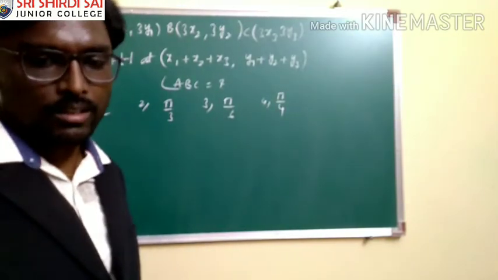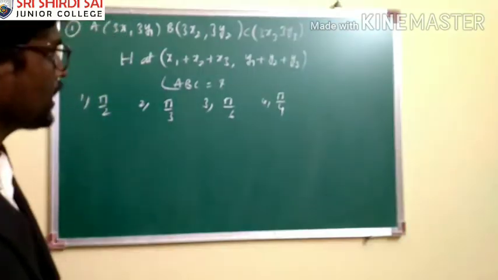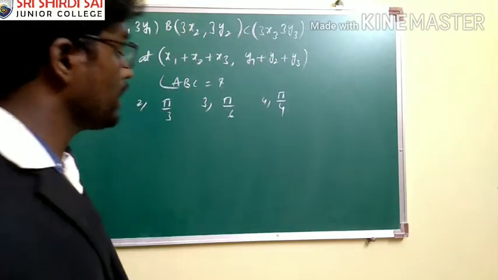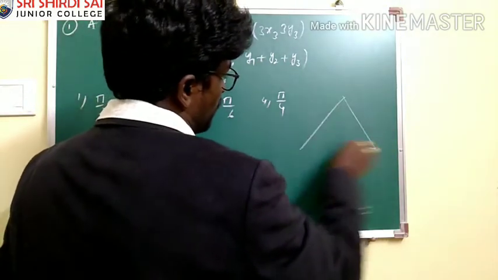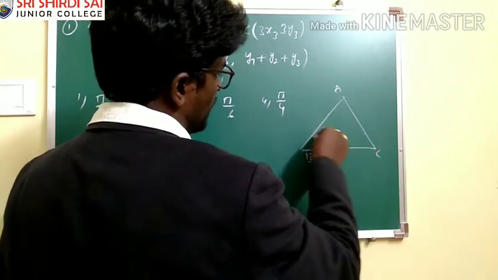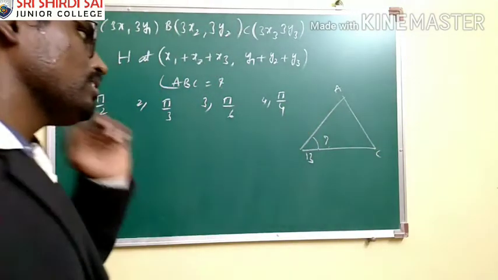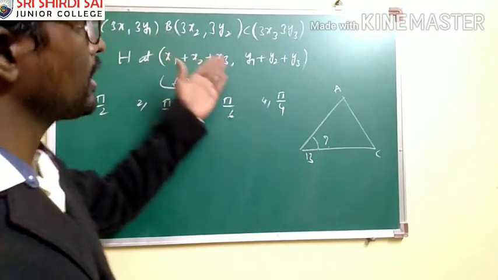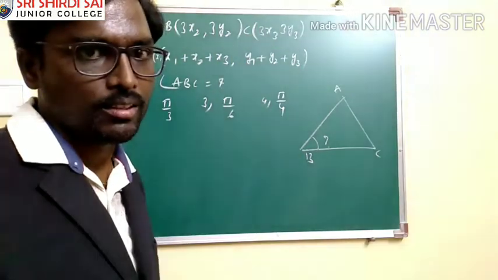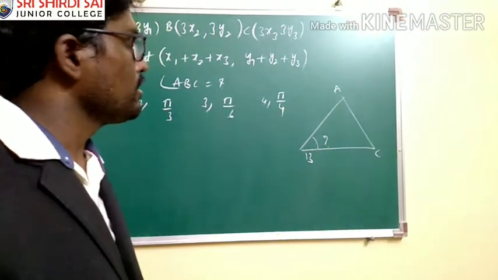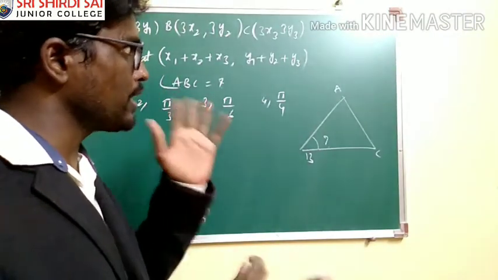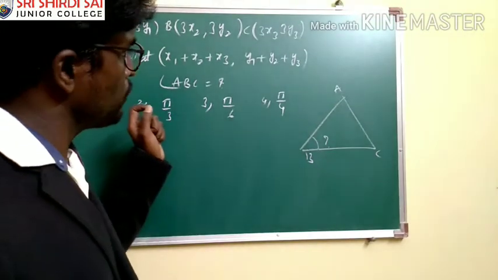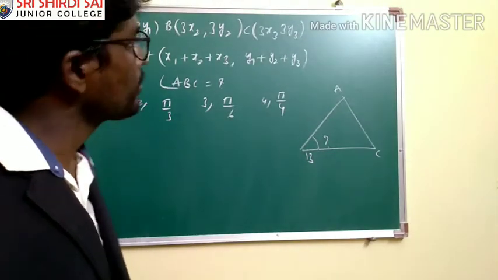See here, the question speaks about the orthocenter of the triangle framed by these three coordinates being at this particular point. Then what is angle ABC? Suppose this is the required triangle, you need to find out this angle. To find this angle, at first we are supposed to know the nature of the triangle framed by these coordinates. This is a very logical question. When you see it, you feel it is very complex, but there is a logical point. If you can understand, you can close this problem in a single step.